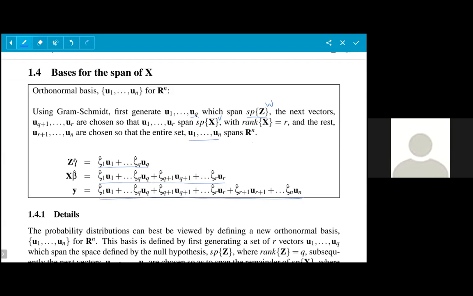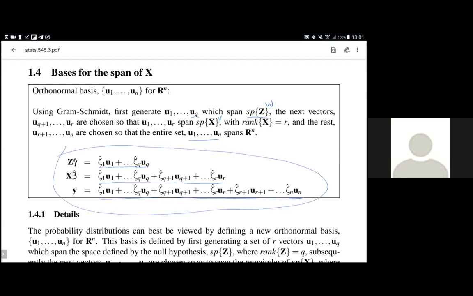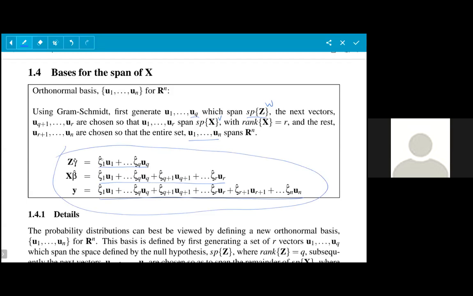Now, the only thing we have not done is to investigate a little bit more closely exactly why these zetas happen to be the same in all cases, and we haven't looked at the distributional properties of the zetas. So let's stop here with this presentation. We now know that we have a basis which does exactly this. Our next step is to investigate why these are the same, and also to investigate the distributional properties if we put some distributional assumptions on the y. Remember, we get this result without any distributional properties of